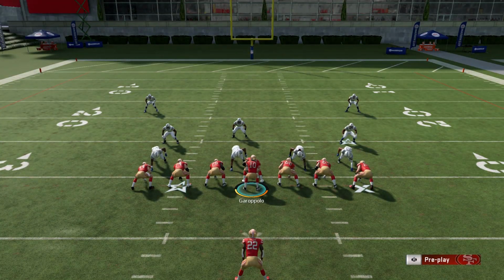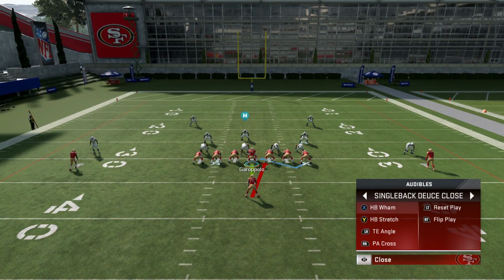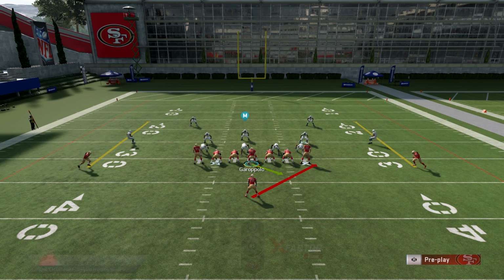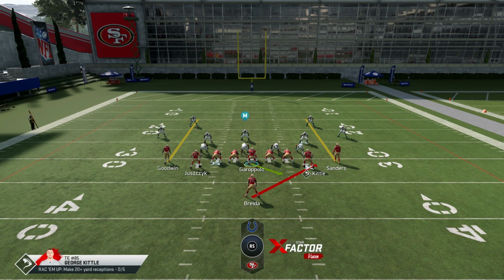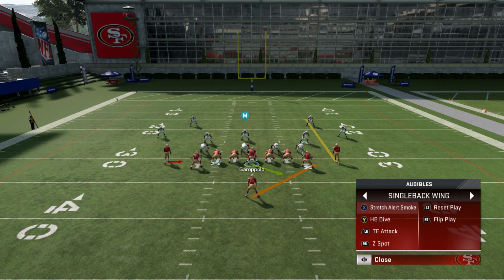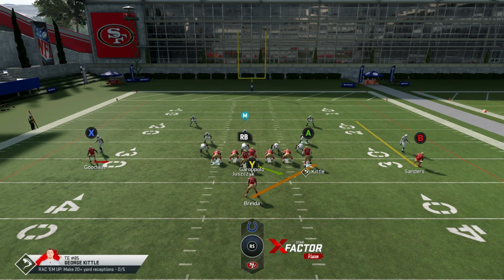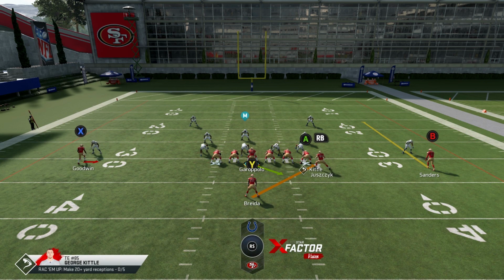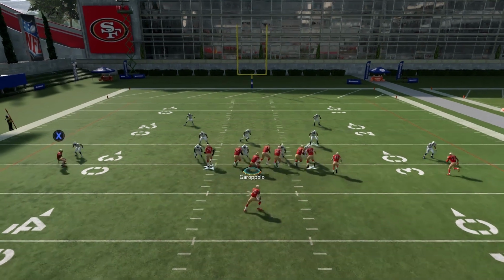So, when you see a symmetrical formation, this is not technically symmetrical, but the way we're going to combat it, actually quickly, let me talk about single back deuce close. This is also symmetrical, and we're going to talk about power blocking in a second and why deuce close is better than single back ace for power blocking. We're going to want to come out in an off balance formation, so that means we're going to overload one side, and we're going to come out and stretch, and what that's going to do is give us numbers on the right,